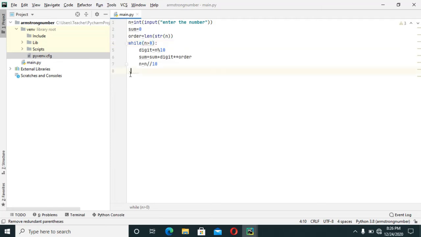So this is it. So now we will check whether the sum is equal to the original number n or not. If it is equal, we will print it is an Armstrong number, else we will print it is not an Armstrong number.